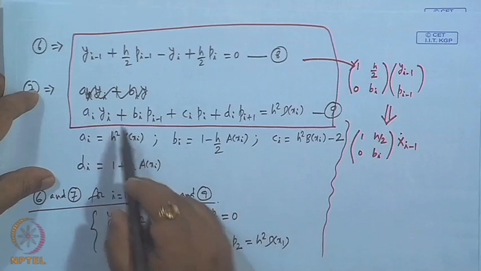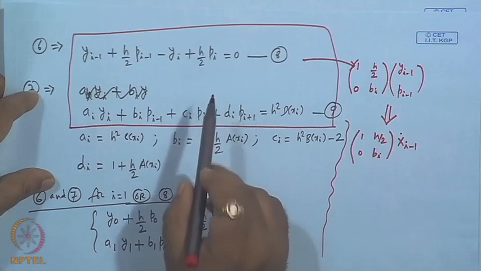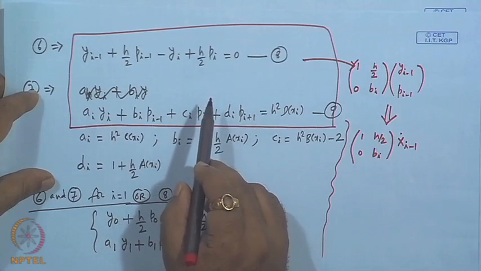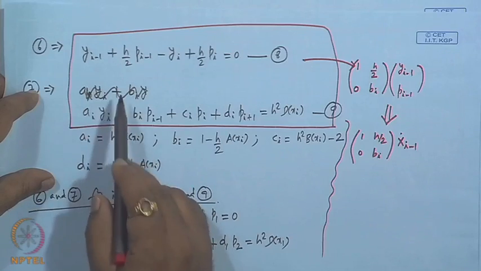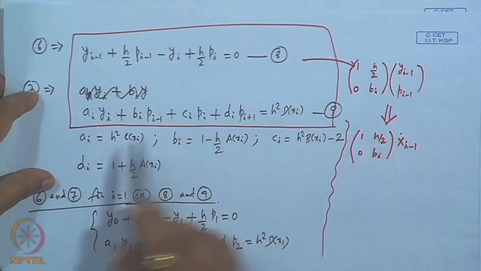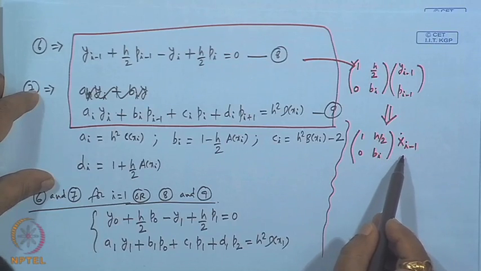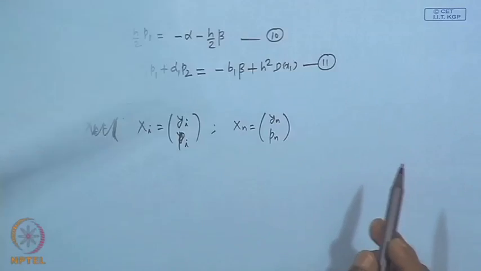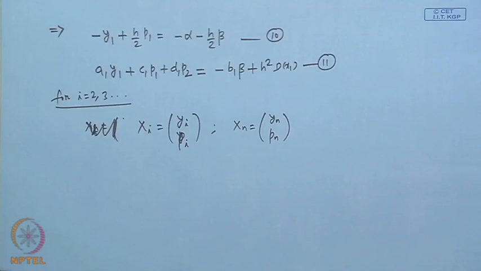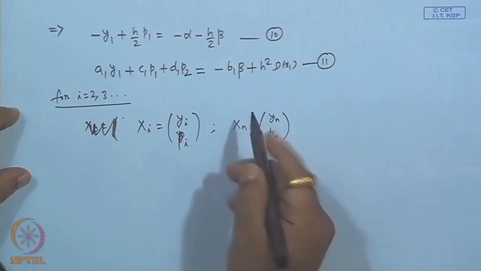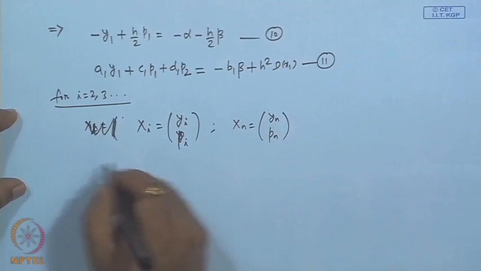Okay. So, what we are going to do? We have to follow very carefully these two equations for 2 to n, we are trying to put it in the matrix form and with a vector notation. Okay. So, if we do that, we get